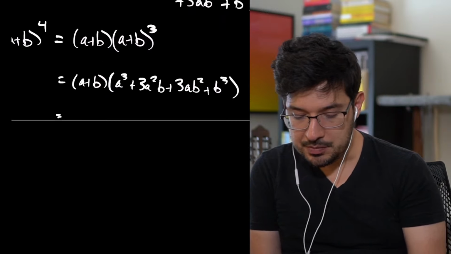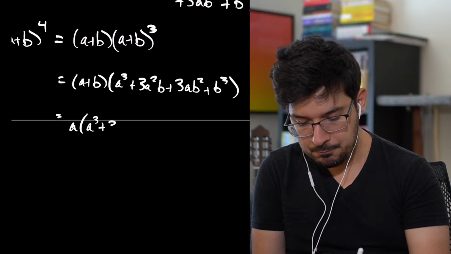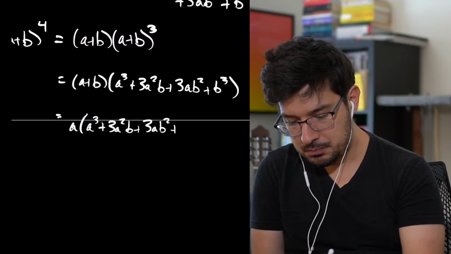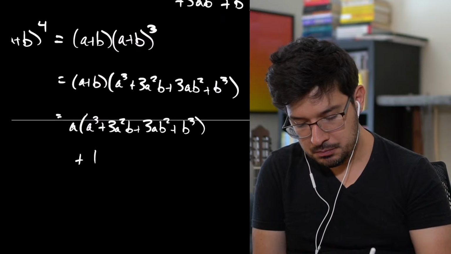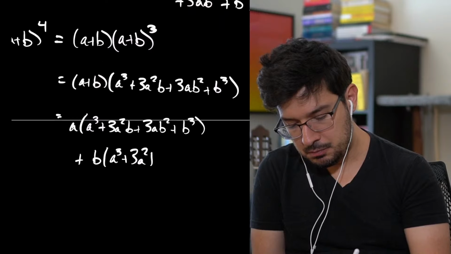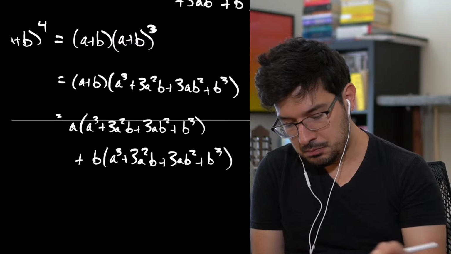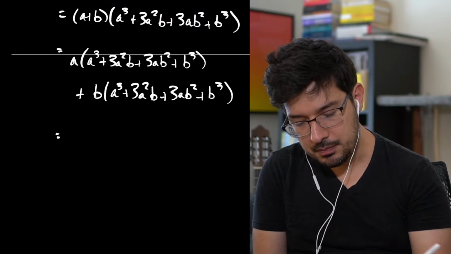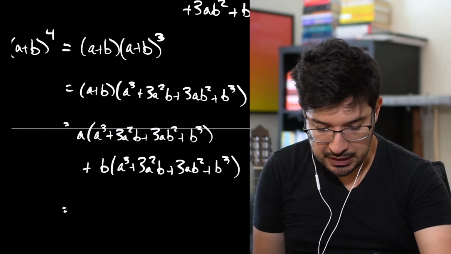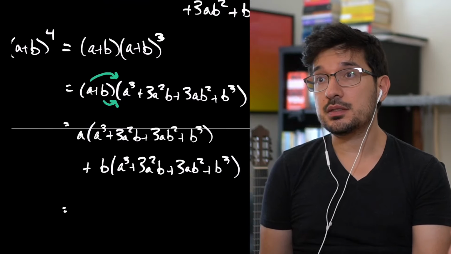Now we can use distributivity now, so we did distributivity, distributing a times the entire product and b times that entire product, because ultimately that's